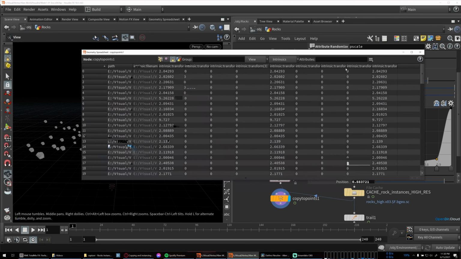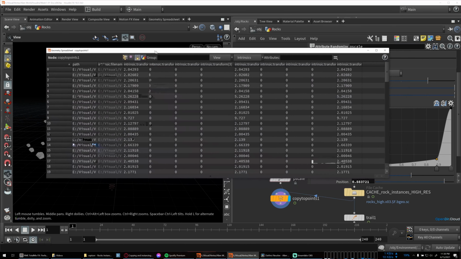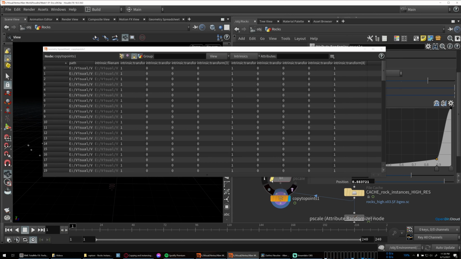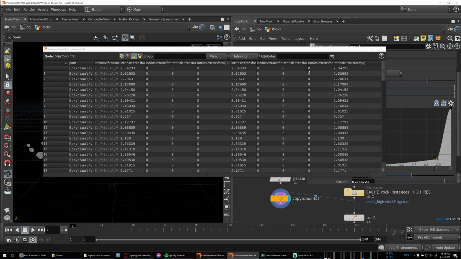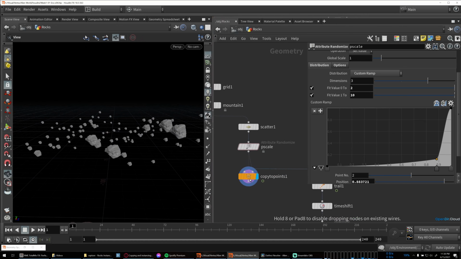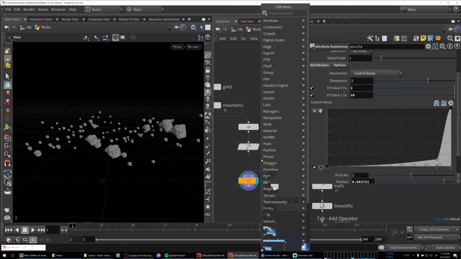So now if we look at the transform, you can see that a few of the columns of our transform matrix here are changing. And these columns were a value of 1 before, because a scale of 1 means no change essentially. And now these are getting the randomized scaling applied to our transform matrix there. These 0 columns are going to be for rotation, and we have a few different ways of driving the rotation of our instances. And one of the easiest and most commonly used ways is to just use a random normal